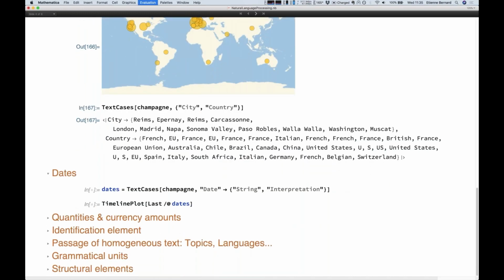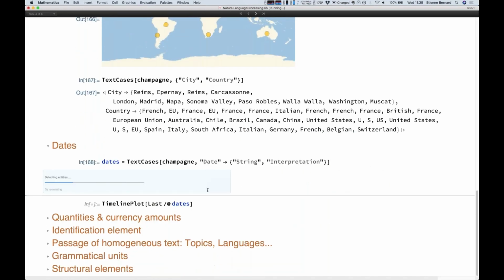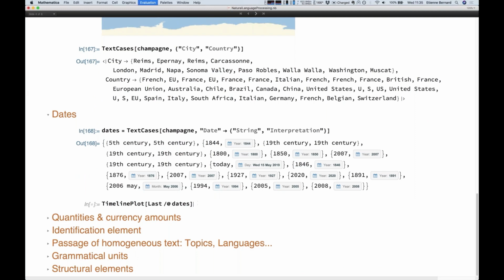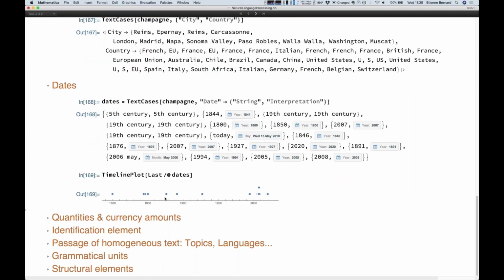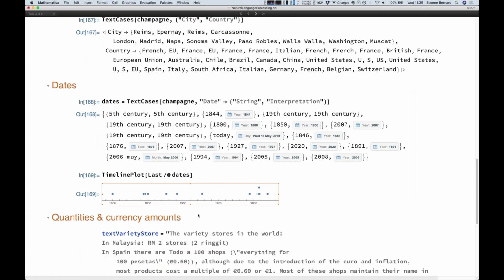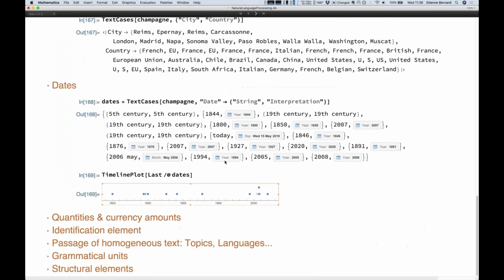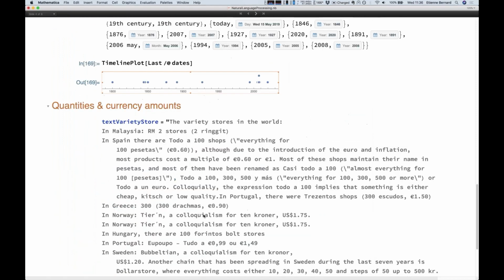Dates. That's a useful thing to search to identify. That can be one way to, you know, give you an idea about some text. Is that what kind of date they mentioned? So apparently, for some reason, I mean, I guess it's recent stuff, so it makes sense. But for some reason, there's a cluster here. I don't really know what happened with Champagne at this time, but okay.